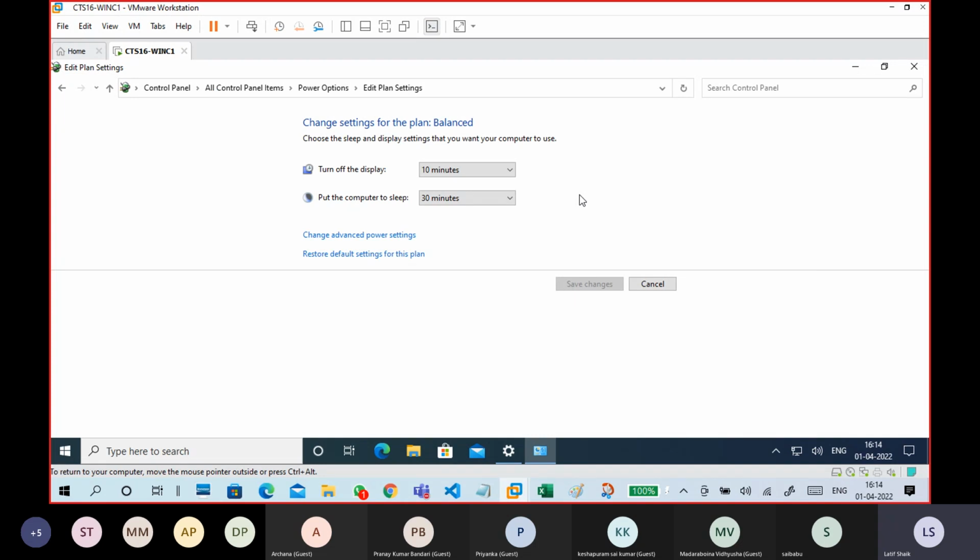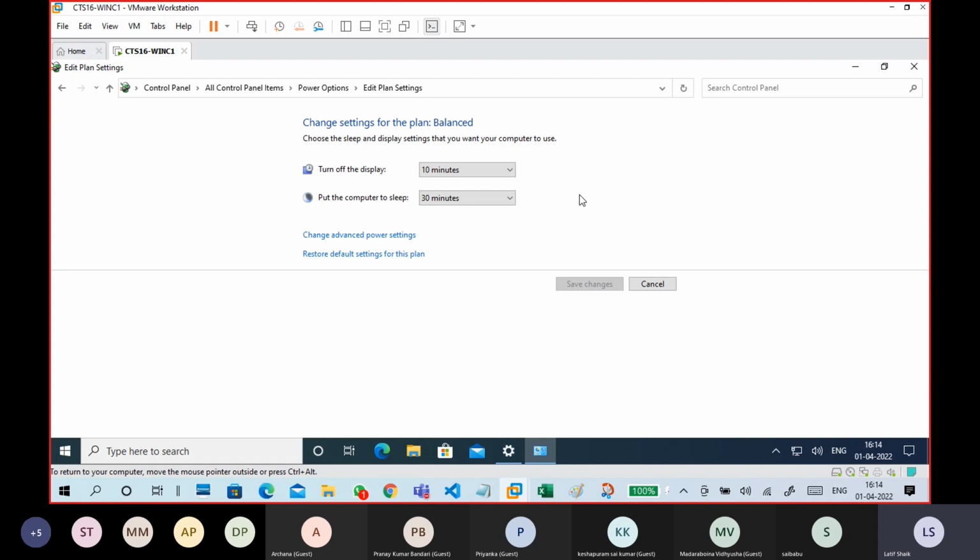Okay. So turn off the display means in balanced mode, if you're not doing anything for the next 10 minutes, it automatically turns off the display. To save the battery, it puts the system into sleep mode after 30 minutes.